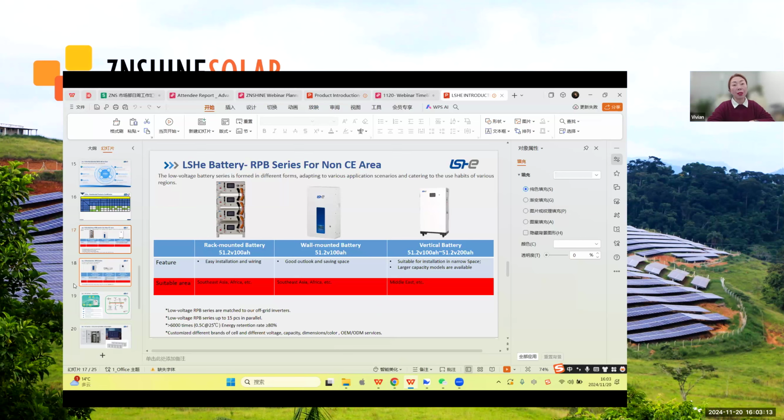And for our system, normally in the market now, the most popular one for the residential PV input is about 1.5 times, but our system accepts 2 times the PV input, which means for one single system, or one single inverter, we can accept more PV